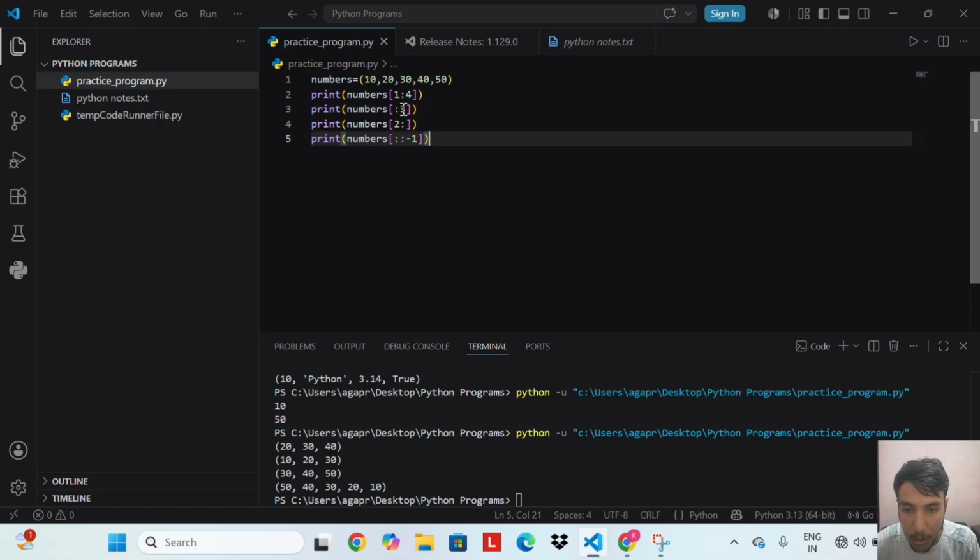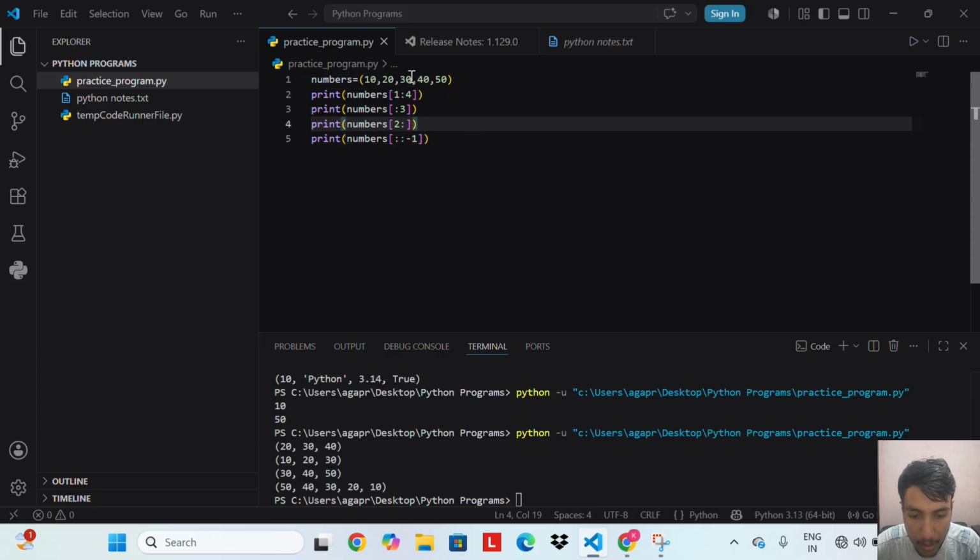Now numbers[:3] gives output 10, 20, 30 because it starts from the beginning up to the index 3. numbers[2:] gives 30, 40, 50 because it goes from index 2 to the end. So it starts from index 2. Index 2 is 30, then 40, 50. numbers[::-1] gives the entire tuple in reverse: 50, 40, 30, 20, 10.